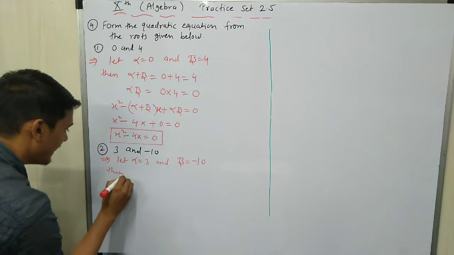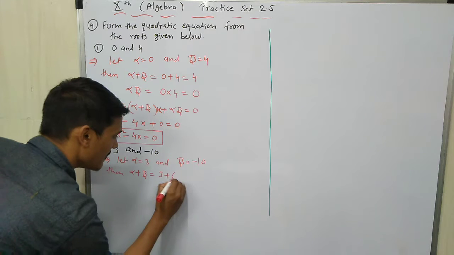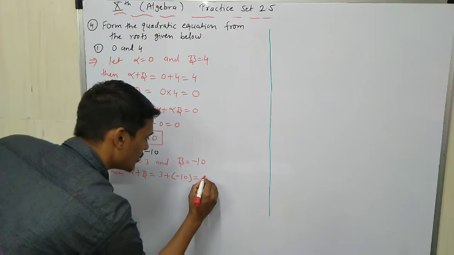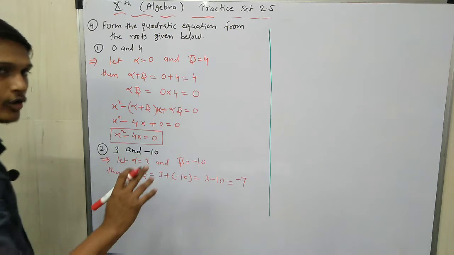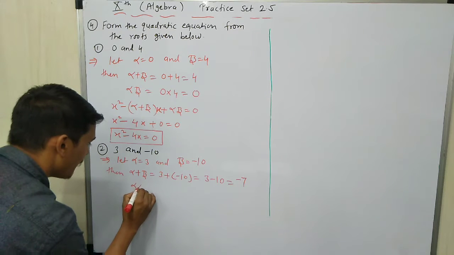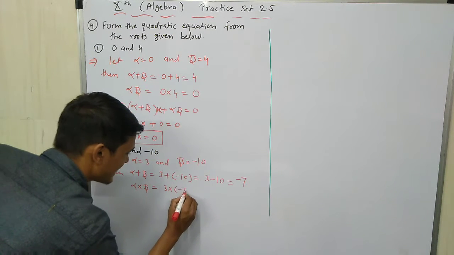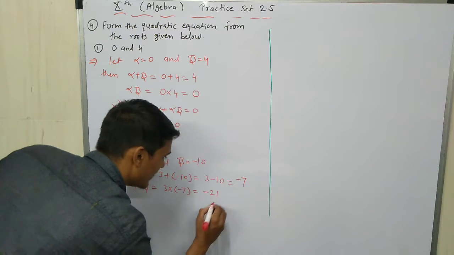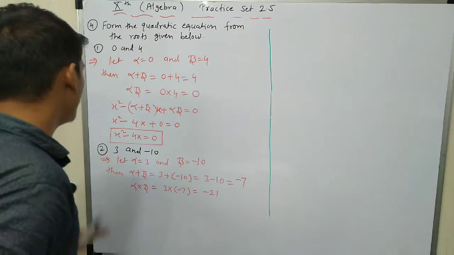Then put the value: alpha plus beta is equal to 3 plus minus 10 is equal to 3 minus 10 is equal to minus 7. Got it? Now second, alpha into beta is equal to 3 into minus 10...